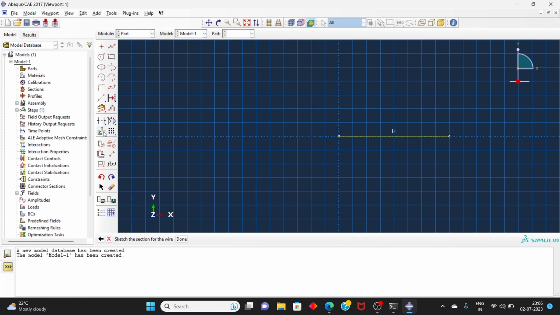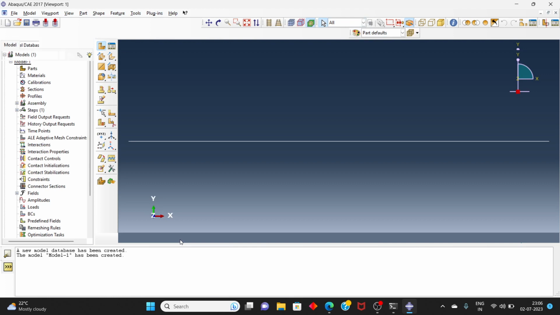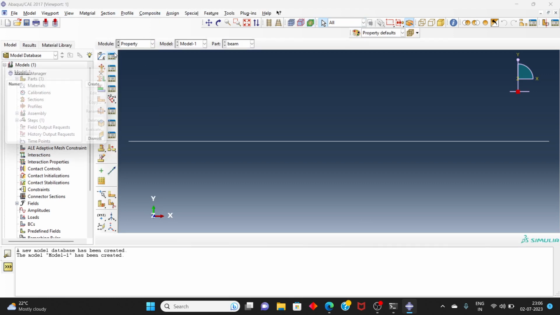We will write a Python script in the next video so that we don't have to do all these small work again and again. Let's give the dimensions to this beam, 500 mm. Our beam is ready. Now next step we will create material,